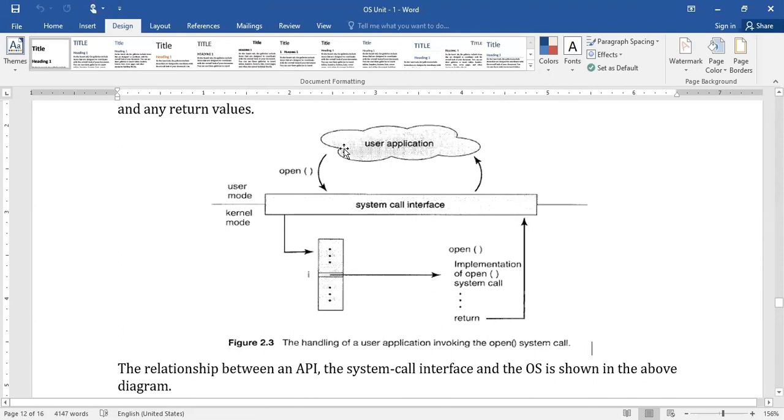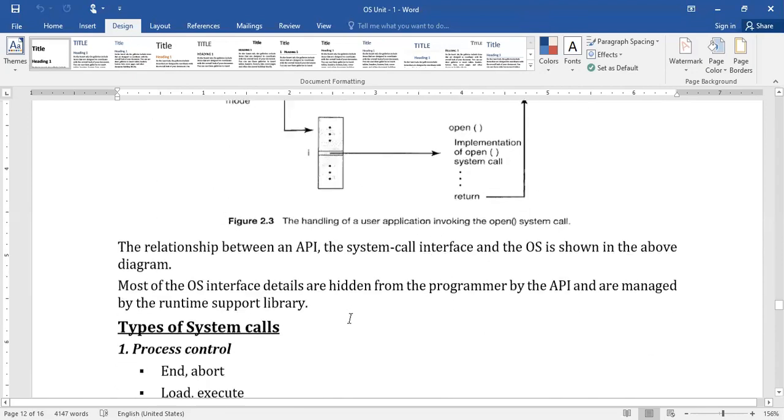In order to execute those instructions, it needs the services of the operating system. Those services can be obtained with the help of the system call interface, which converts your user instructions into system calls so that they can be executed by looking at the system call indexed table. According to that, the execution is done, and then it returns the results to the system call interface. Finally, they are returned to the user application. So this is the relationship between these three.